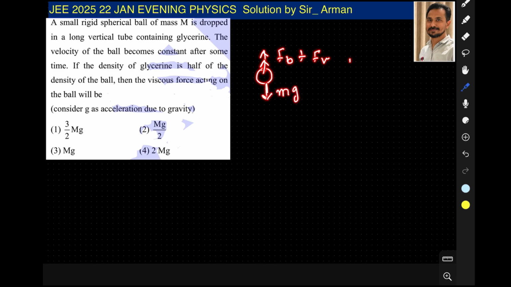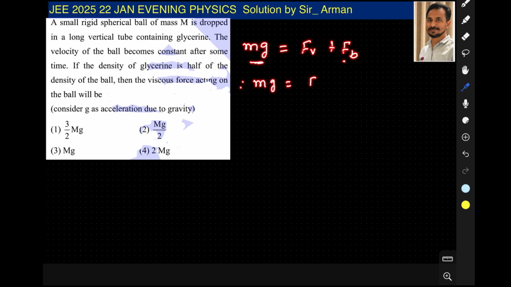Now if the object moves downward with constant velocity, it means the net force acting on the object is 0. It means that mg is balanced by the buoyant force and the viscous force. So how can we write the equation? We can write mg is equal to viscous force plus buoyant force, because these two forces are balanced by mg. Now we can rewrite this: mg is equal to F viscous plus